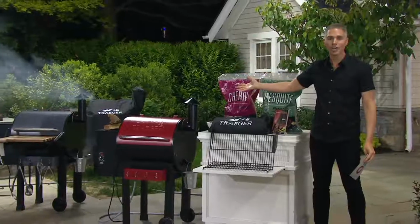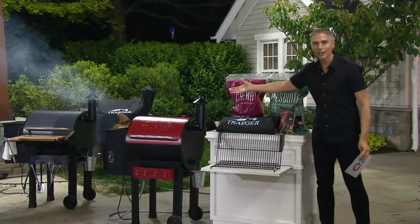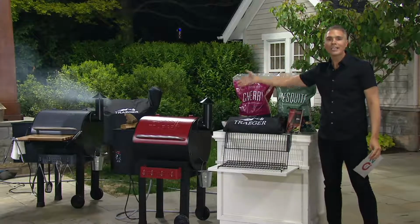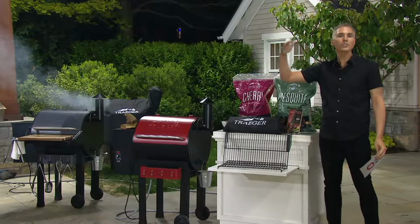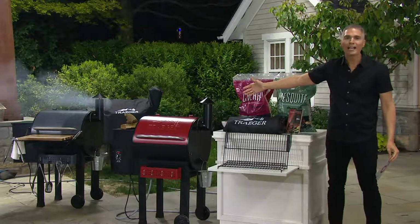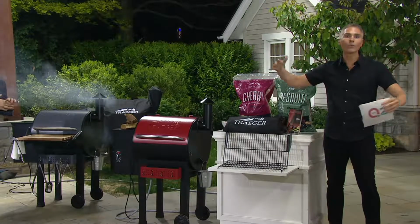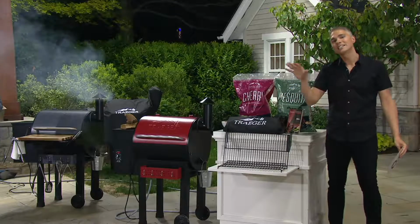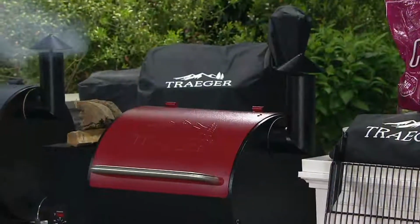A convection oven. You can bake in your Traeger. It's probably one of the most versatile outdoor grilling and cooking devices that I've ever seen in my whole entire life, and it has a following all around the world. People go crazy for their Traegers. If you haven't heard of one yet, stick around with us in this hour and find out why you want